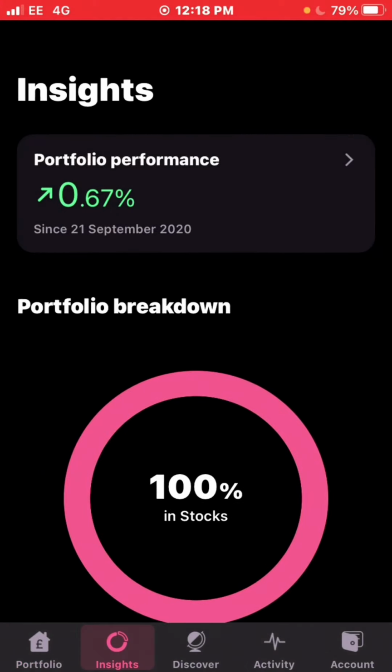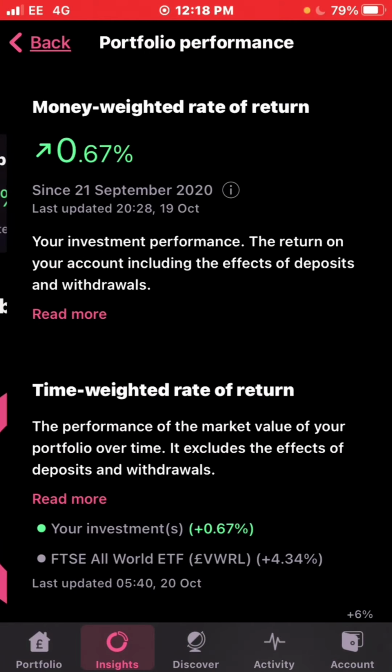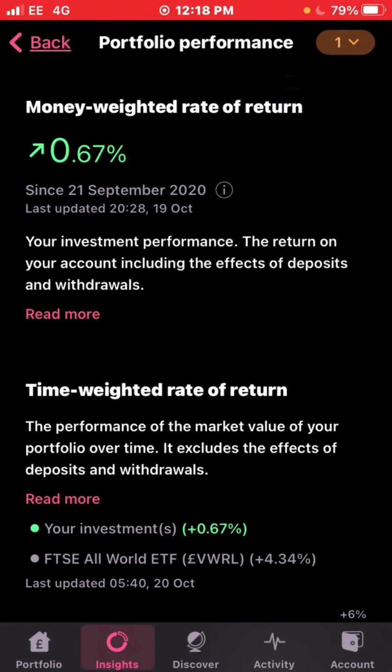So you can now break down your portfolio performance, seeing how it's performed over certain periods. So you can see, guys, in the last week, I'm up 0.67% overall. As you can see, the money weighted return and time weighted return. Money weighted return is basically including deposits, so it's not a general representation, but for me it kind of is, because I haven't actually deposited any money. So that's why the time weighted return and money weighted return are pretty much the same, because I've not deposited any money. So the time weighted return is basically without any, it's just all your gains basically. So last week up 0.67%. In the last month,